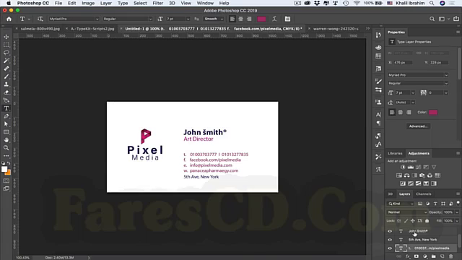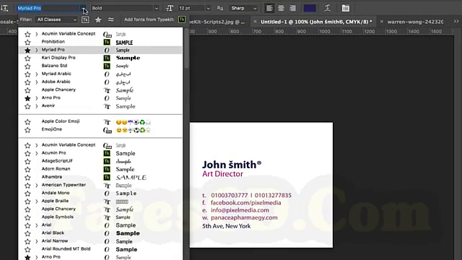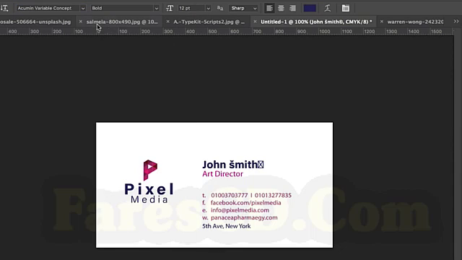Selecting the name once again, going to the font selector, and instead of selecting Media Pro, I'm going to select Acumen Variable Concept, because we have OpenType VAR, which stands for variable font. So let's apply that one and see what's unique about variable fonts. Now we have lost that registration mark from our name because each and every font has different glyphs